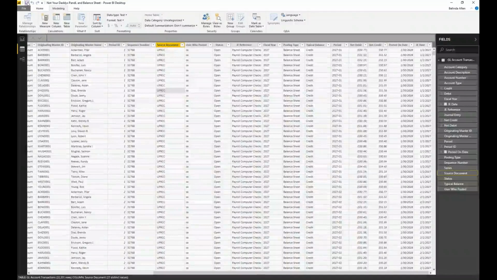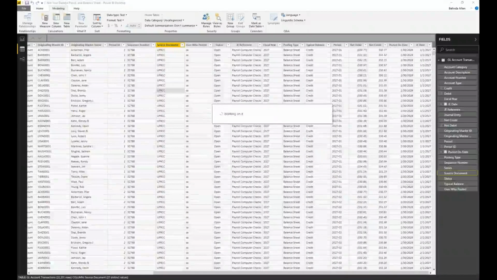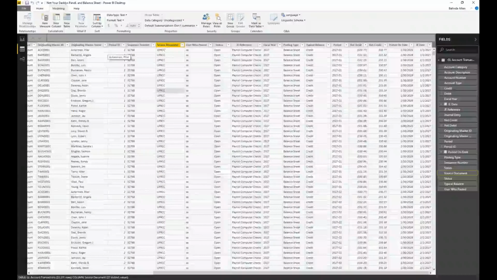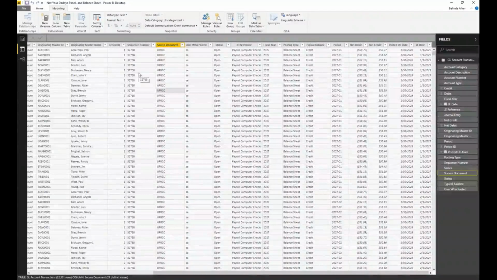Now I want to talk about dates a little bit more because I want to be able to use some functions like year to date. So I can get my year to date number in here. And to do that, I need to have a table that has every single day of every calendar year that is going to be in use. That's why I got rid of that year date 1/1/1900, because I'm going to let DAX look at all of my data set, look at all of the dates, and make sure I have every single day of every calendar year accounted for.